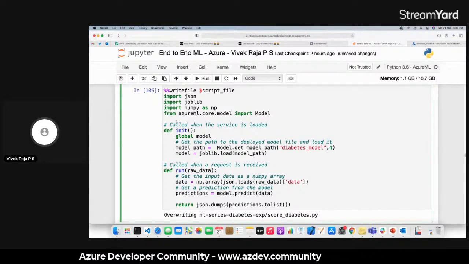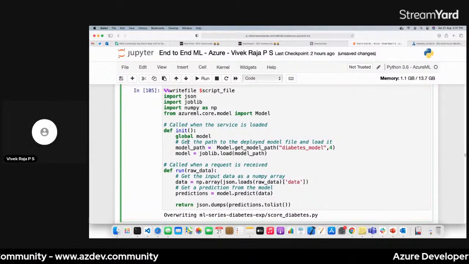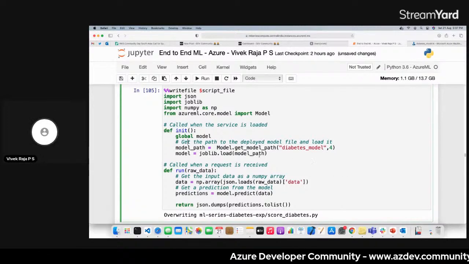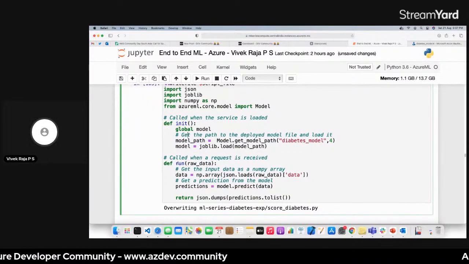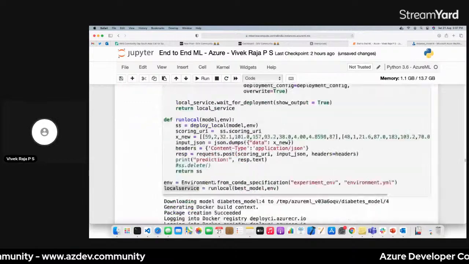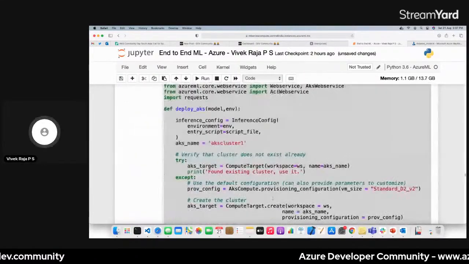I'm sorry. So it's just an init method, with nothing else. This is where you'll actually load your model and keep it ready. This will be done only one time when you deploy your cluster, and the second time, whenever you call for your prediction, this method will be called, and the raw data